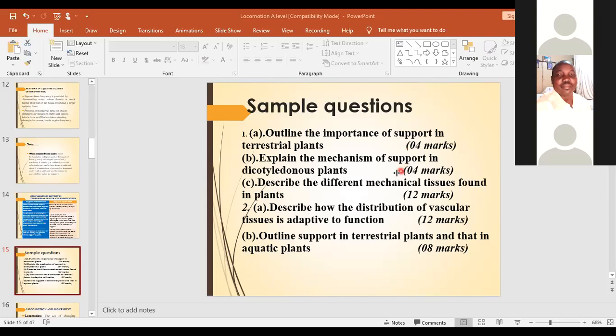Such areas lack aerial air or oxygen. And that means that they do not really have air locked within their tissues. And because of that, the roots will not be able to respire. And secondly, they will absorb too much water that may cause dissolution of the food that they have made, and therefore they will not have enough nutrients. And then in waterlogged areas, there's also a lot of leaching. And this leaching ensures